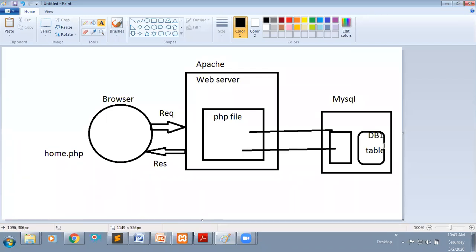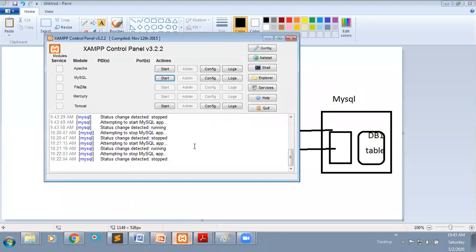Now I will show that I have already installed MySQL in my computer. In the initial classes I installed one server, that is XAMPP. It includes all the software like Apache, MySQL, PHP, and Perl. Let me open the XAMPP control panel.